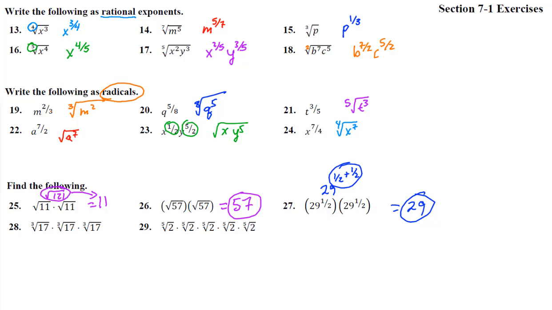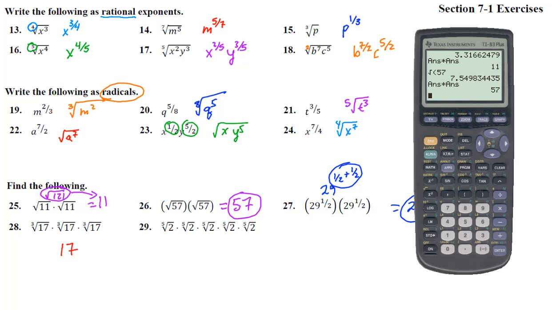So here we have 17, the cube root of 17 times the cube root of 17 times the cube root of 17. Yep, you guessed it. It is going to come out to be exactly 17. Let's go ahead and do that on here. This is 17 to the 1/3 power. So what this is the number that when we take, let's go ahead and take that number times itself,